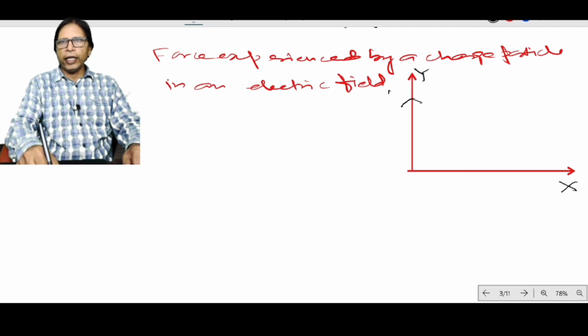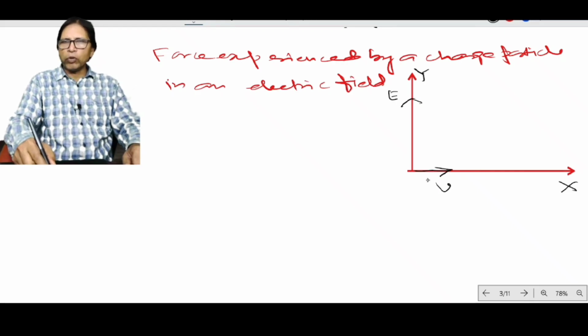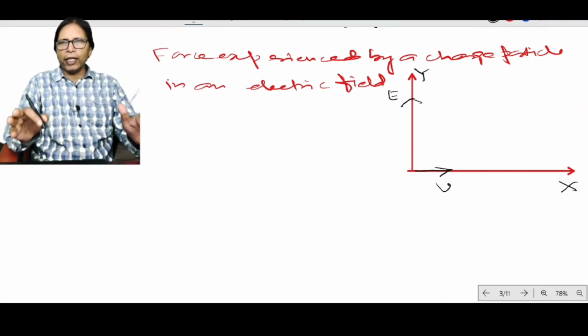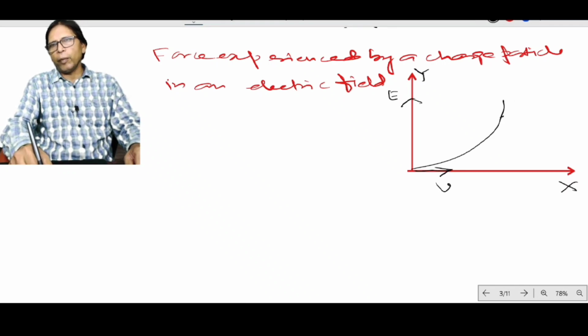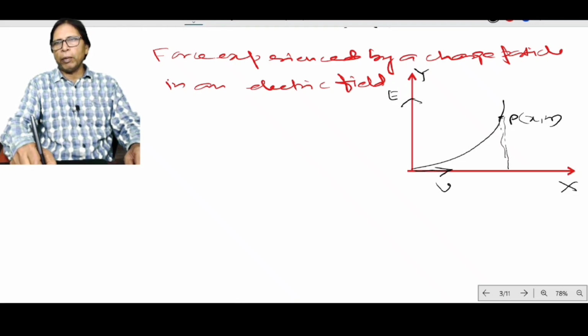Now suppose this is the x-axis and this is the y-axis. The electric field E is directed along the y-axis. A charged particle moves along the x-axis with velocity v. Now we have to calculate the deflection of the charged particle in a normal electric field E. After time t, the charged particle reaches the point (x, y). Therefore, x is the distance traveled along the x-axis, and